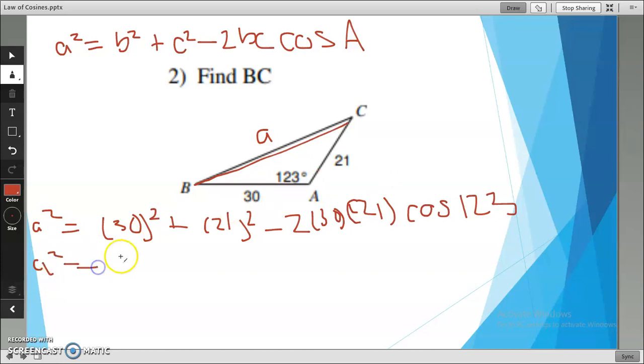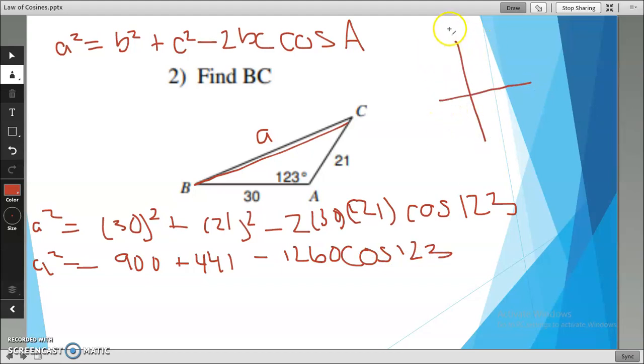So I get a squared is equal to 900, 30 squared is 900, plus 441, minus 1260 cosine 123. Now recall when we were looking at the unit circle, here's my 90. So 123 would be over here somewhere, right? So cosine is going to be negative if it's over here. This is the negative section for my cosine values. So that means I'm going to add these instead. When I add that, I get 1341. This is going to change to a plus sign because a negative times a negative gives me positive. And I get